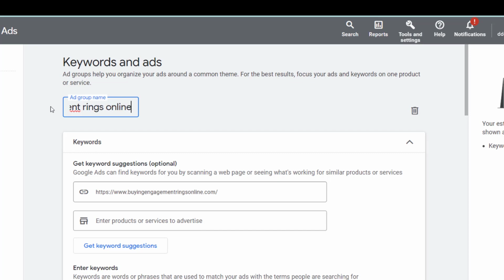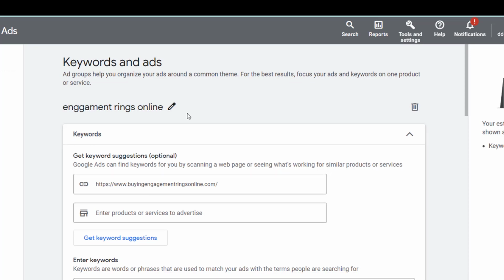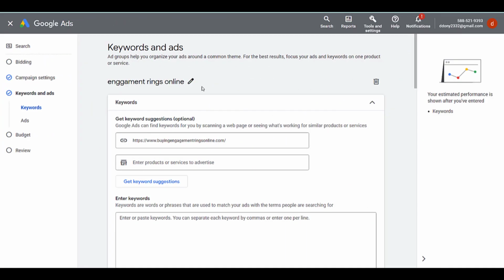This will allow us to easily keep track of our keywords and ads and ensure that they are all relevant to the theme of engagement rings online. Once we have named our ad group, we will then focus on selecting the right keywords and crafting the perfect ad copy to go along with them.